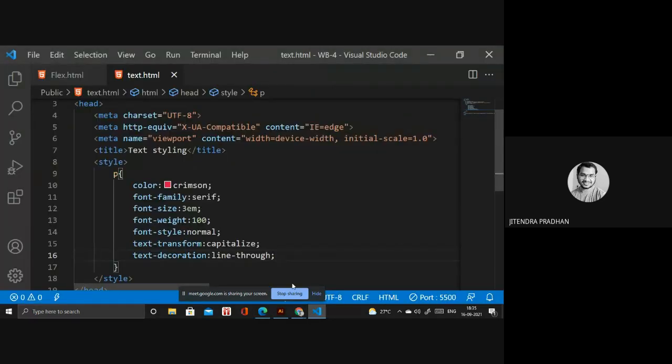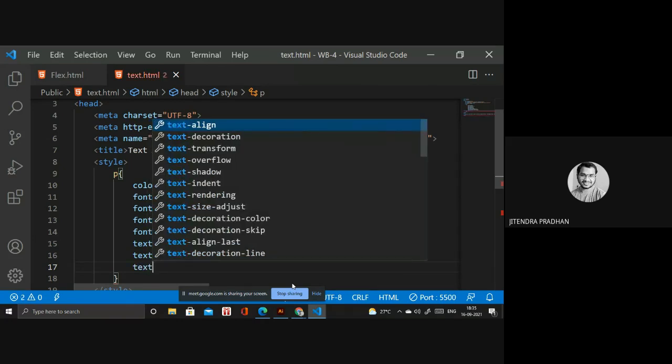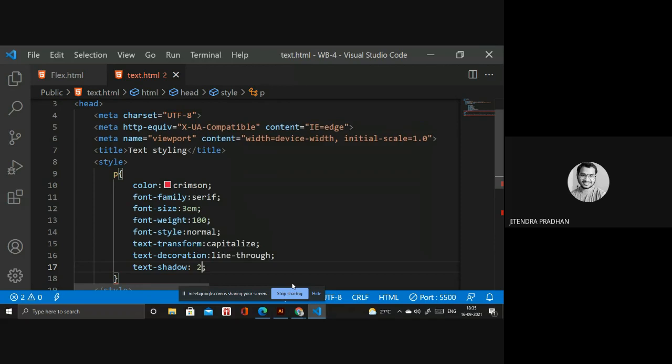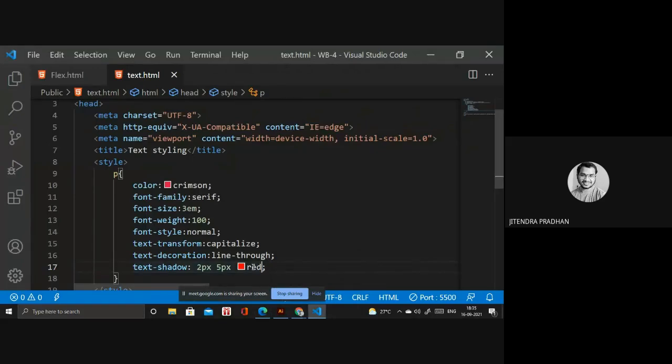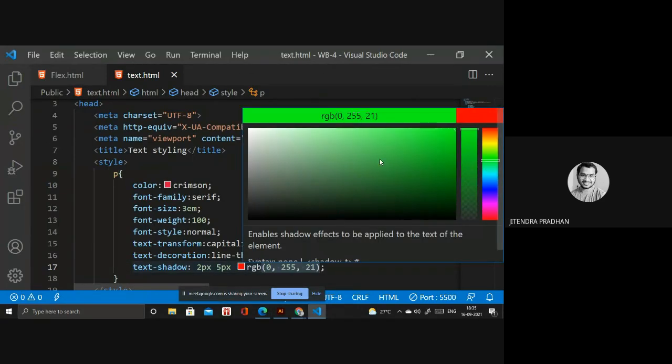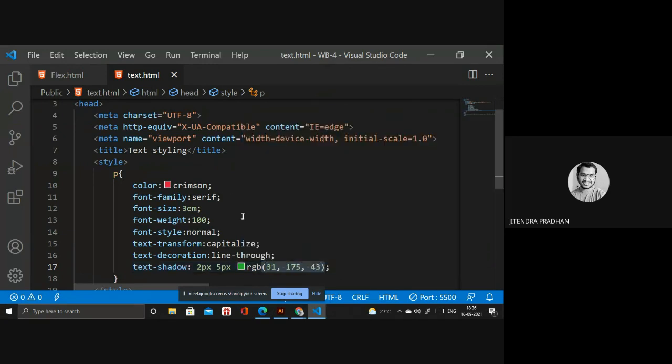Okay, so next we have to go. I hope you got a decent idea about text decoration as well. So next we have text shadow. Five pixel. It's like red, or you can undo. But I will remove that, particularly the strike-through. Then you have to observe what changes are done inside that. If I change the color, it's better. This one is color, I have to give green. So I want to change it to something normal. Normal we have, I think. Okay.